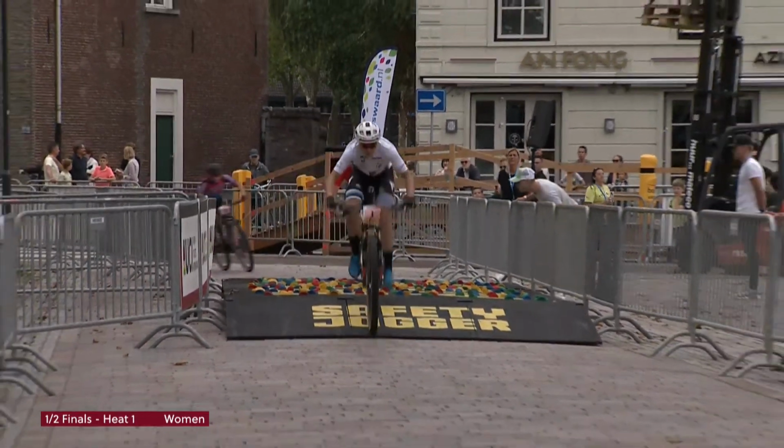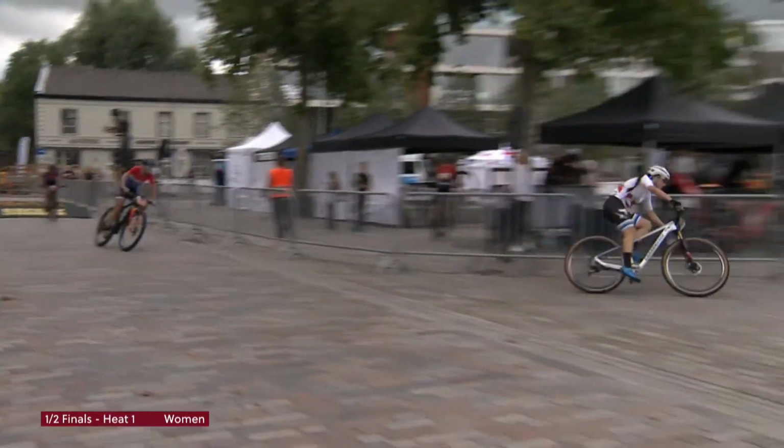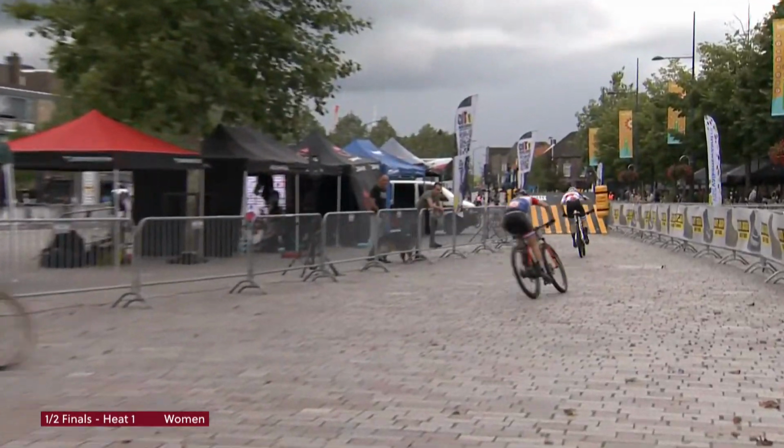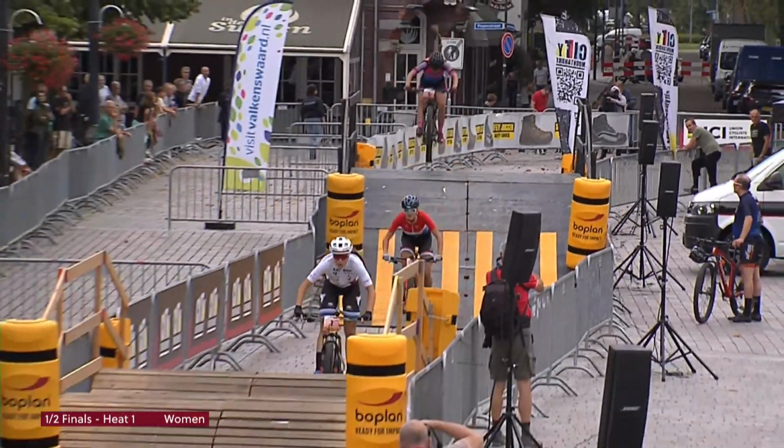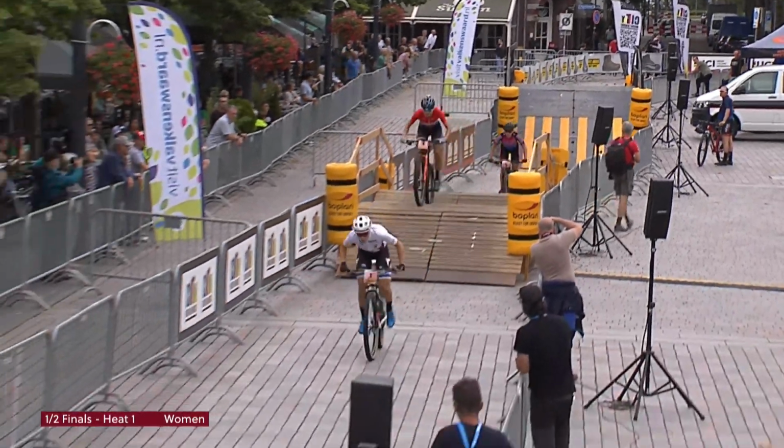It's not enough to take any chances though. Quickly over there and lifts the front wheel to stop it from getting bounced about. Nice technique as she goes into the safety jogger. Step up, quickly up onto the top, not wasting any height there, and then onto the doubles and quickly over